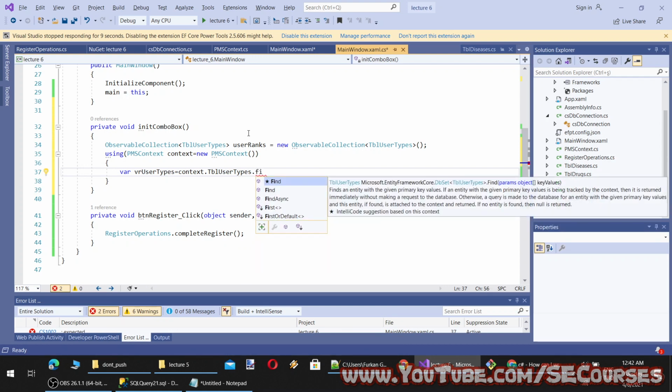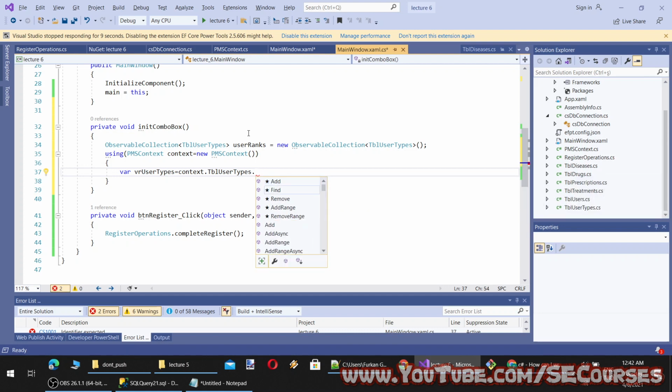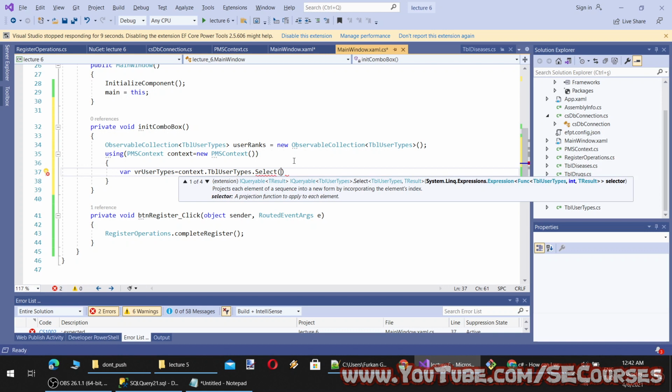So find returns, finds an entity. If found, attach it to context and return. If not identified, null is returned. So there can be find or what else there can be? Select. So what does select do?